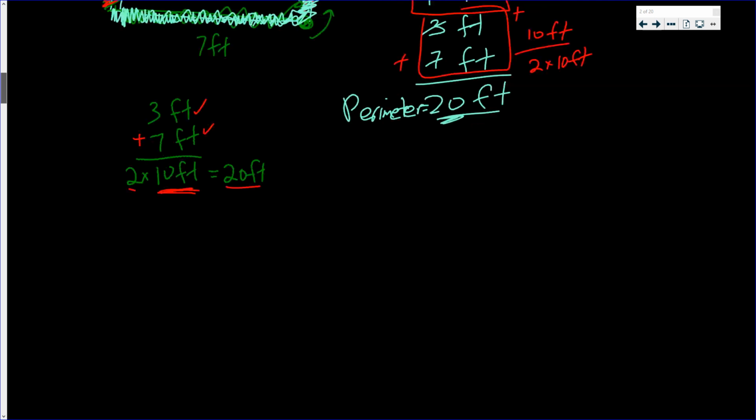We'll finish this section with one more problem. Suppose you have a square. Square is a rectangle that its opposite sides are equal, but actually all sides are equal in our square. This is the square. So if you know the length of one side,